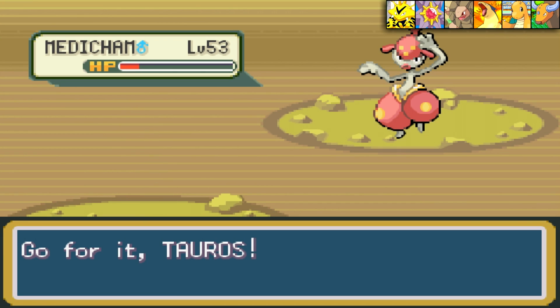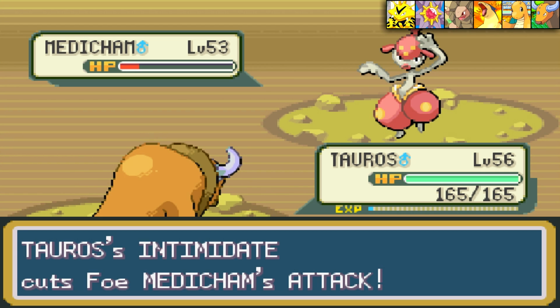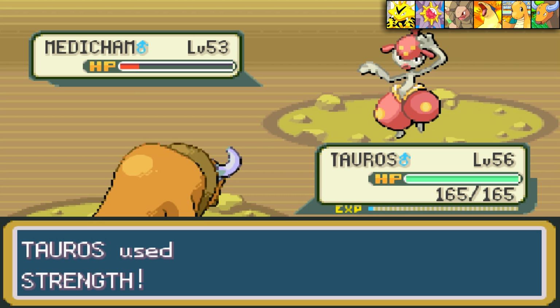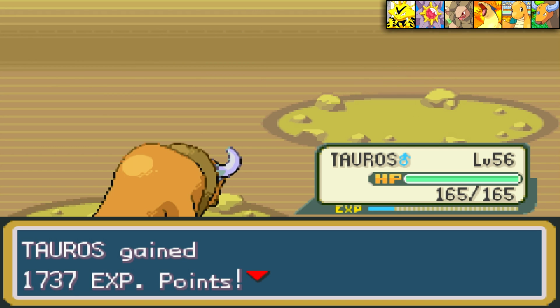I guess we can just go Tauros right now. I'm going to use a revive. I should also heal up Electabuzz. So I have a lot to do after this battle. Alright, Tauros. Let's just hit him with a Strength, I guess. Good enough, right? I mean, there's no real type advantage to using a ground move against a fighting Pokemon, so...